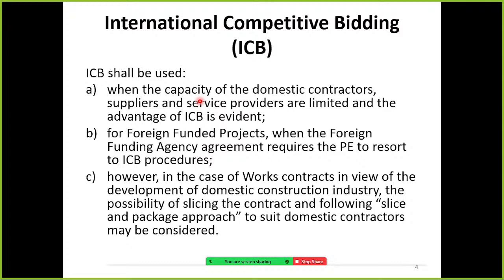So in these instances, government chooses international competitive bidding. For foreign funded projects, when the foreign funding agency agreement requires the procuring entity to resort to ICB procedure.